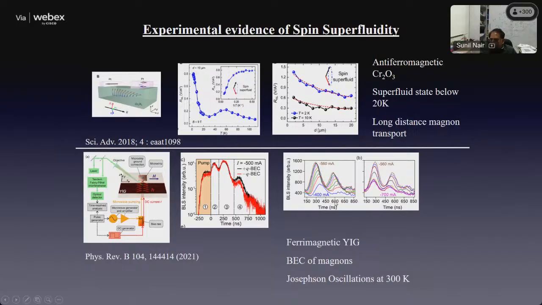So this whole measurement is of the order of a few hundred nanoseconds. So these time scales are not enough. But this here, you should remember, is happening at 300 Kelvin. So at 300 Kelvin itself, you now have signatures of Josephson oscillations. Though the fact that the time scales are small is a problem, this now gives you a lot of avenues to play with. Hillebrand's group in Constance is one of the leading groups in the world who works on this, and we're looking forward to more interesting results from their side.